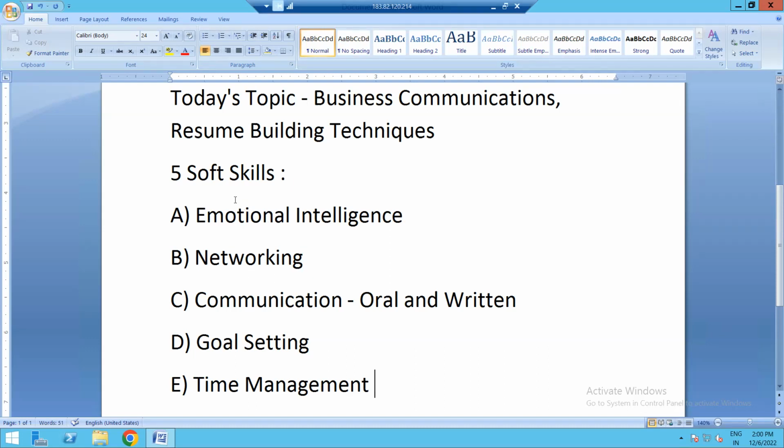Actually, I just noted down only 5 of them, but shared a couple more with them, like leadership skills, the creativity part, right? There are more. I mean, the listing part, how you can list down your daily to-do work, right? That is very, very important. And so, if you don't have any questions for the business communication part, the soft skills part, then can we move on to the resume building techniques? Yes. Okay,